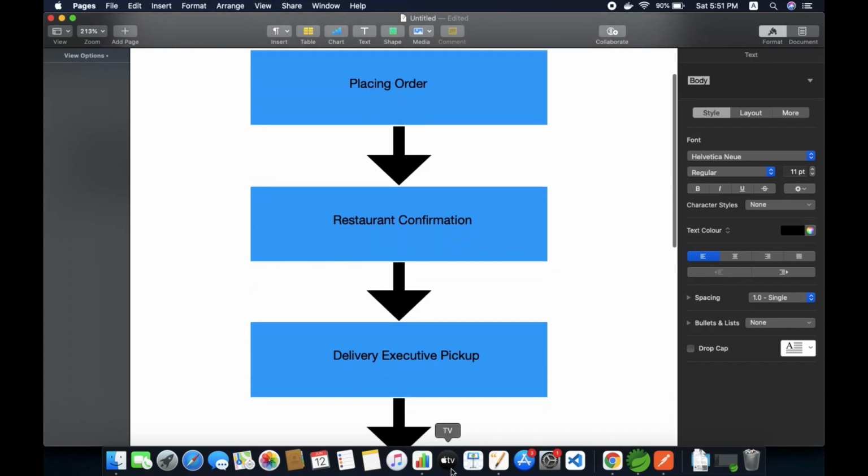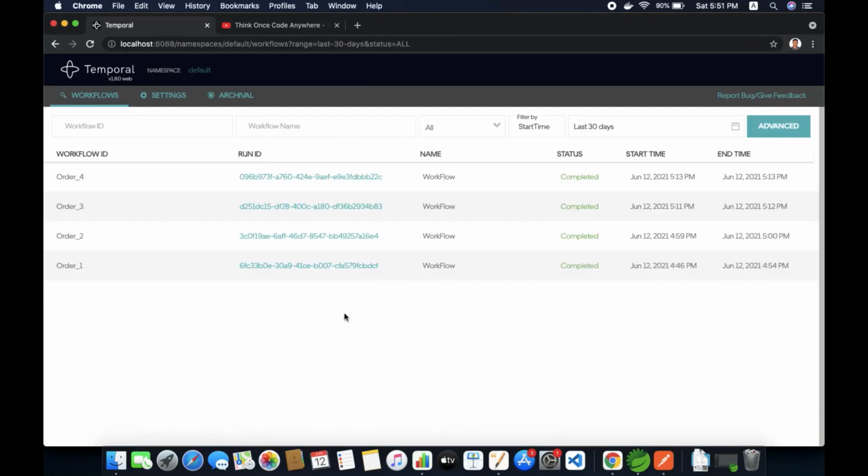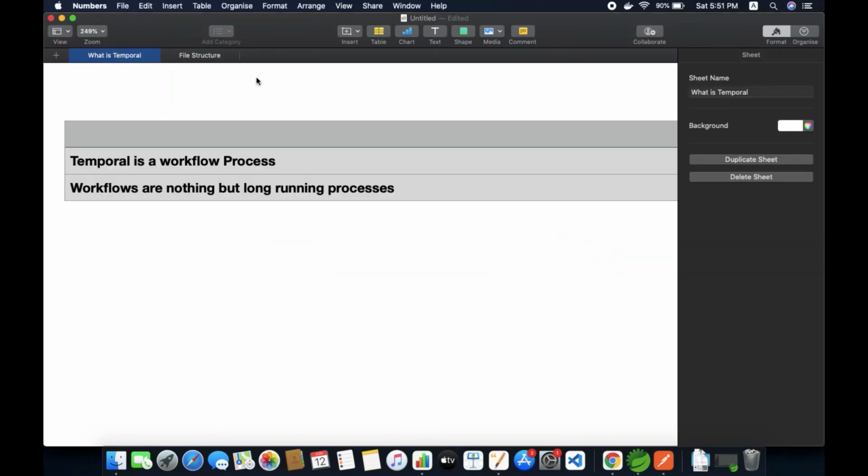Now let's see what the requirements for Temporal are. First you need to have the admin UI installed on your machine. If you don't know how to install Temporal, just read the official documentation from the Temporal site, which will help you install the Temporal server on your machine. The next thing is to understand what files you need for running Temporal.